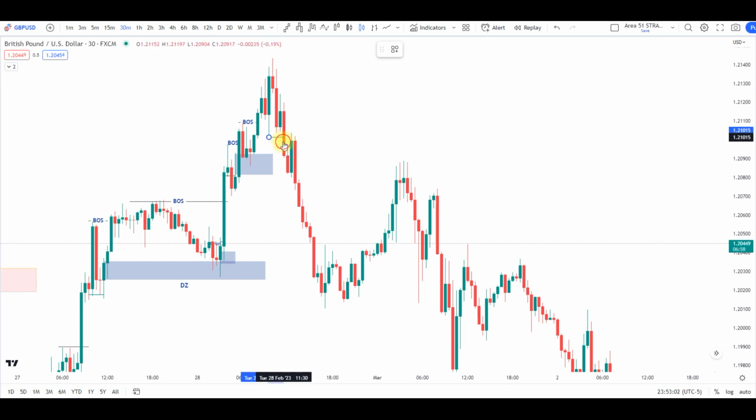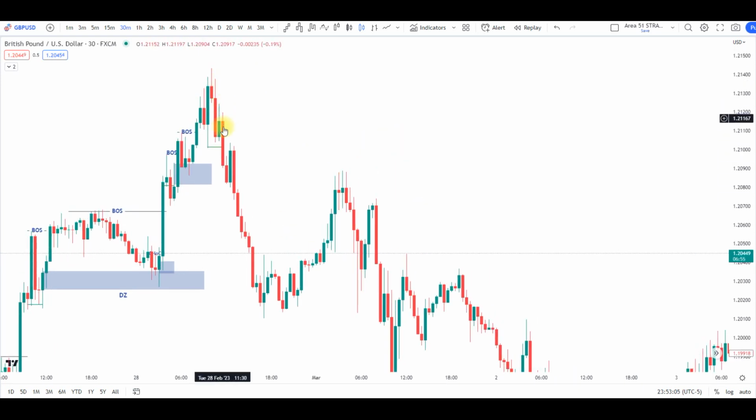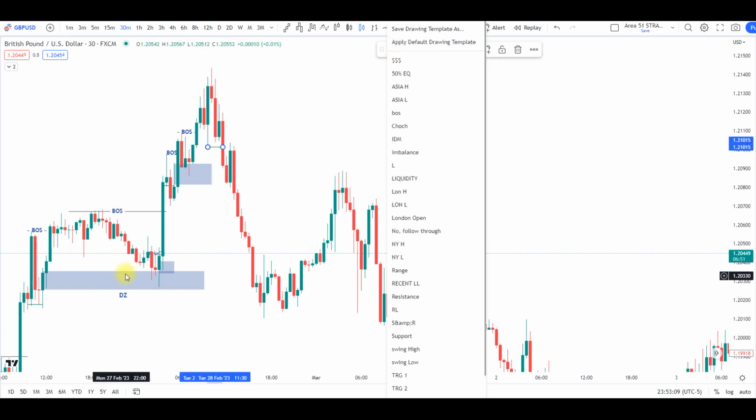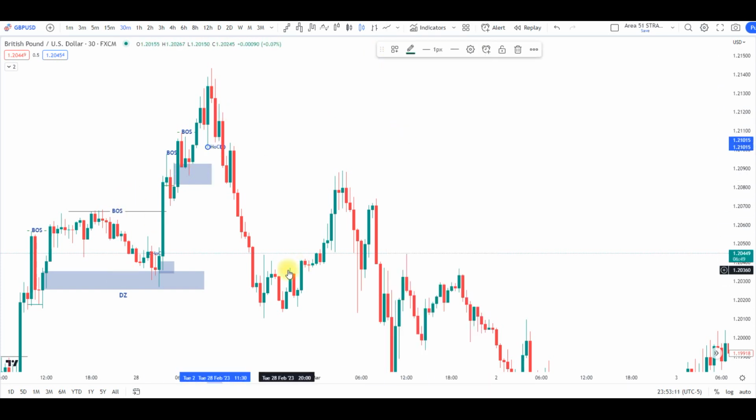Again we have another break of structure here. The price started breaking down, going all the way down. So this is a change of character again. We went from a bullish market to a bearish market. So you have to analyze the market in detail. Every candle that's printed on the chart tells you a story. You got to be able to read the story and see what's going on with every little candle